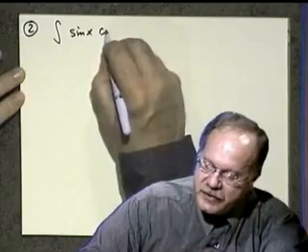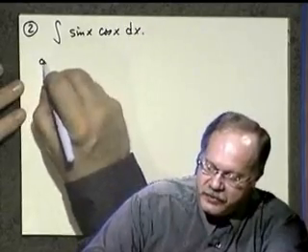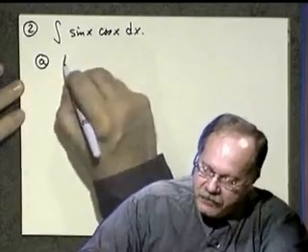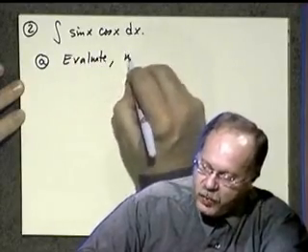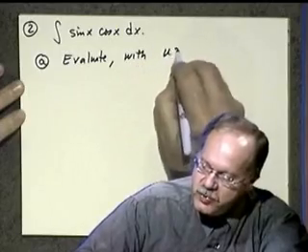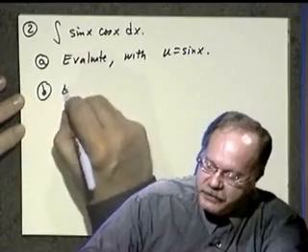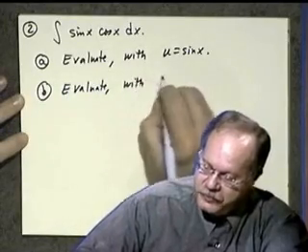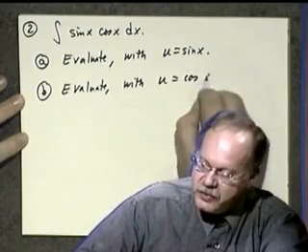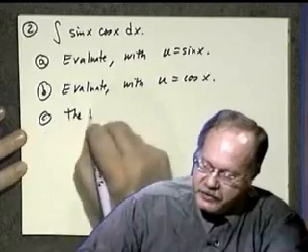Suppose you have the integral sine x times cosine x dx. Now here's what we want to try. First of all, evaluate this integral with u chosen to be sine x. Then in part B, evaluate this integral with a different u, with u chosen to be cosine x. Now, in part C, the results